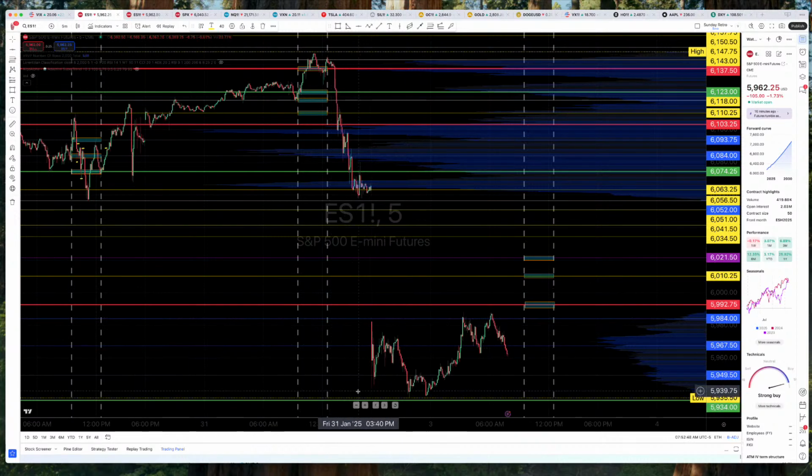These green lines are demarcating the top and bottom of the node. The red line is the top of the node, green line's the bottom of the node. So you can see that we're just bouncing back and forth here. So it's very likely that you have to take into consideration that these are also structural levels. But the way I look at it is this morning, we're probably looking for a move, something like this